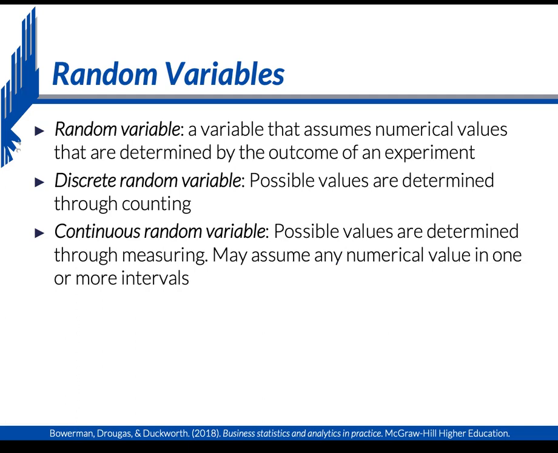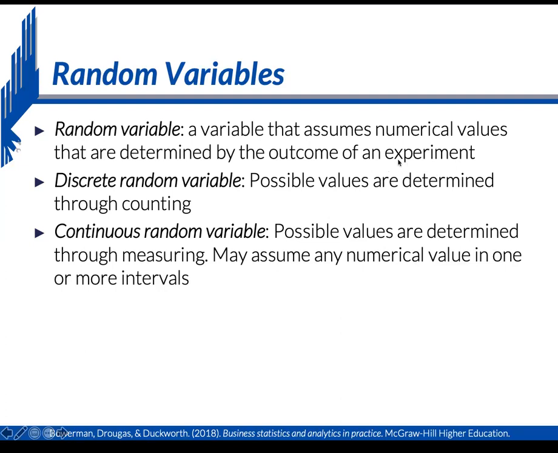Now, for the foundations of inferential statistics, we are talking about a specific kind of variable, which is a random variable. A random variable is a variable that assumes numerical values that are determined by the outcome of an experiment. And the definition of an experiment in statistics is an activity whose outcome is uncertain. That's why it's called a random variable, because the value will depend on the outcome of an experiment